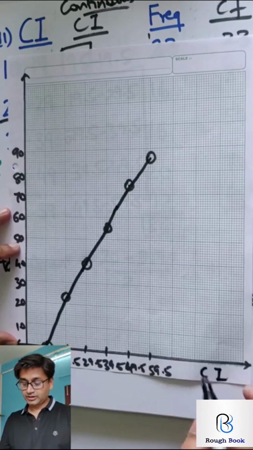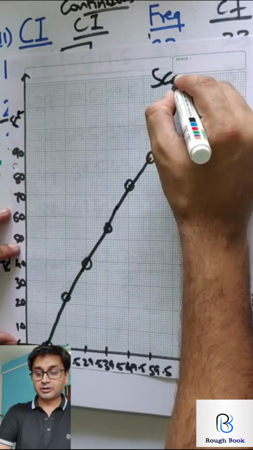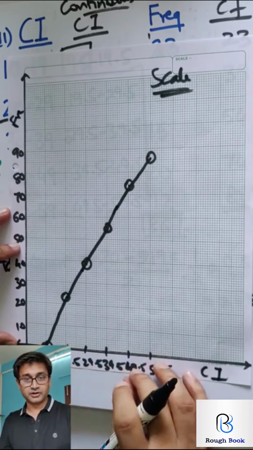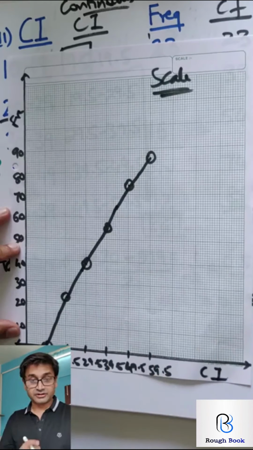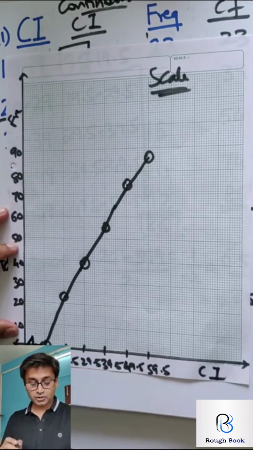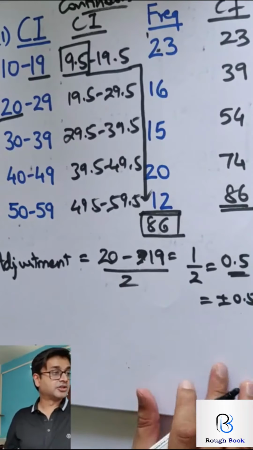So write over here cumulative, class interval, frequency, and write your scale as well. I am not writing the scale. I am saving my time to make a shorter video, but you are expected to write everything. 1 mark lost. Can you tell me why? Kink. Superb. So you have to have a kink over here. Are we clear with this question? Great job. Let's go with the next one.